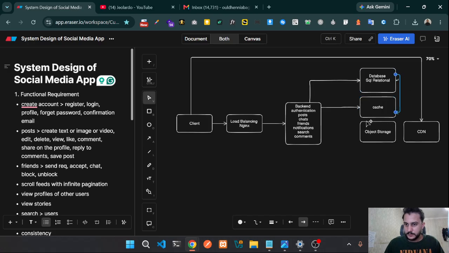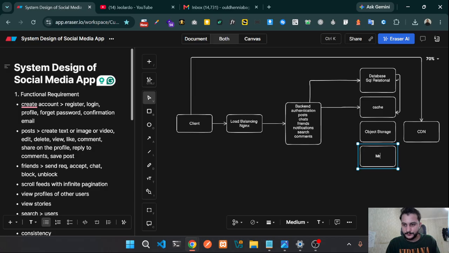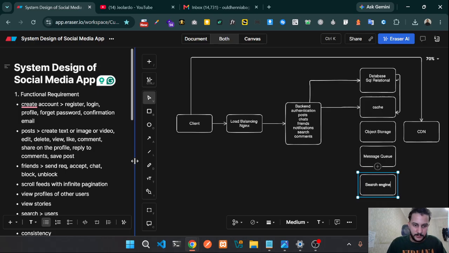So like this, and return to the backend and display for the client. Okay, so we have the object storage. Also, we have the message queue. Okay, and the search engine. So here for the search,